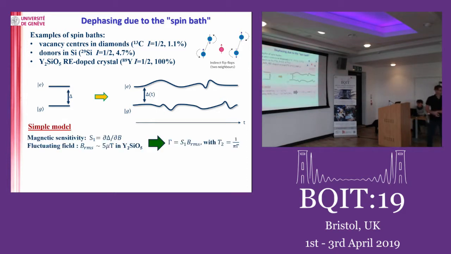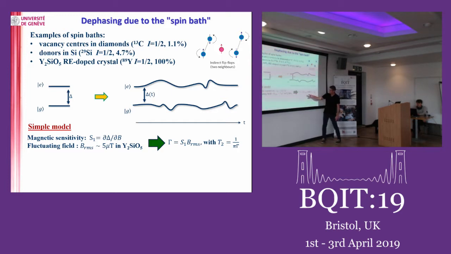So now you can do a very simple order of magnitude calculation. So you have some sensitivity. So you have a linear Zeeman effect, right? So your states are sensitive. And in our crystal, the root mean square fluctuation of this magnetic field here is roughly 5 microtesla. It's not big. Earth's magnetic field is what? Is 50 or so? 40, 50? So this is much smaller. Well, this is a variation, and it's not the field on top of the ion, absolute value.